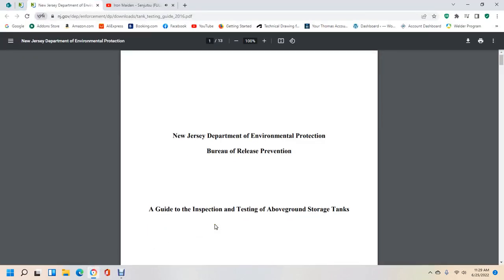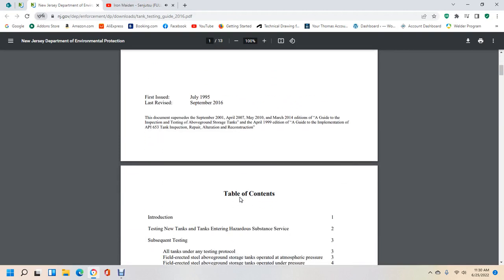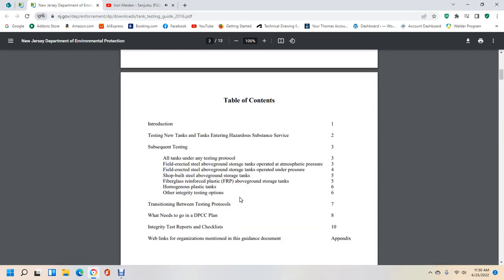Alright, New Jersey Department of Environmental Protection, Bureau of Release Prevention, Guide to Inspection and Testing of Aboveground Storage Tanks. First issued July 1995, last revised September 2016. Table of Contents: Introduction, page 1; Testing New Tanks,